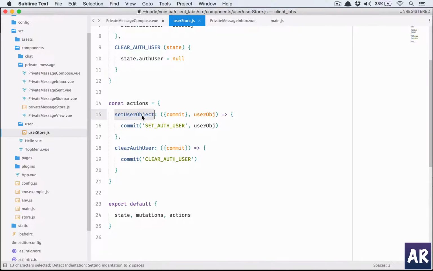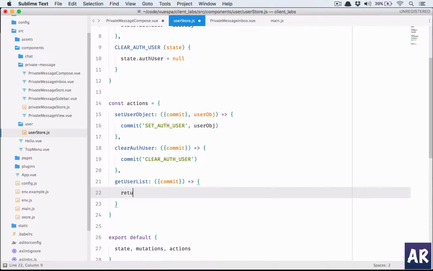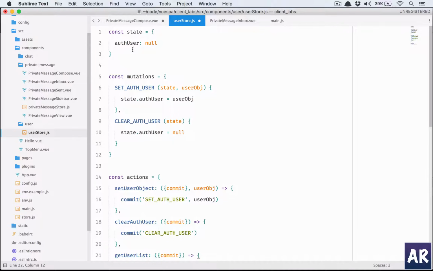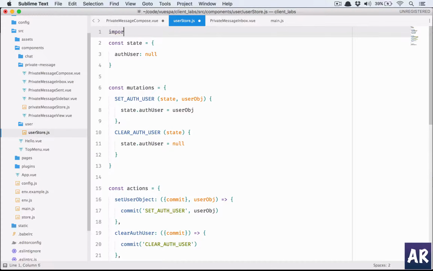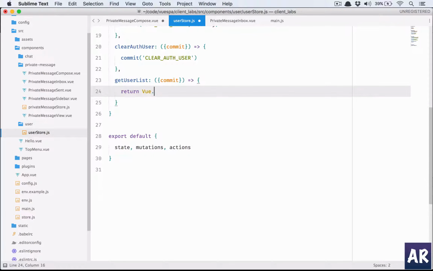I have set user, I have clear auth, but I don't have any method which will give me the user list, so we'll need to create that. So we will come here, get user list. This is going to be the function which we are going to call. Okay, in this I will have commit, and that should be the only thing which we need to pass. So I have return, I'm calling view, no I'm not, so import. Okay, and in this return view dot dollar http